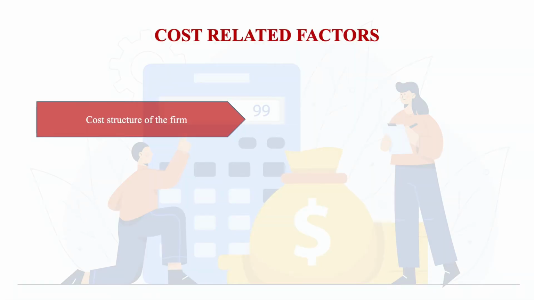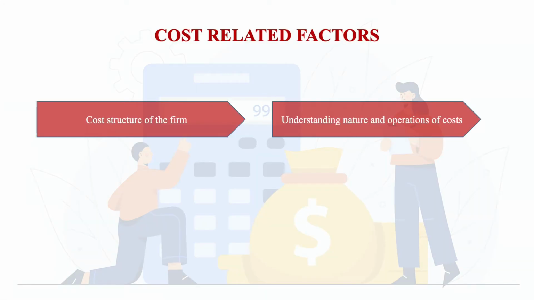Okay. This is one set of factors. The other set of factors is related to your internal variable of cost. What is the cost structure of the firm? Do you have a large fixed cost and a small variable cost component? Do you have a large variable cost component? With the level of production, where you go into mass production, your cost per product actually comes down to a great extent. Then your freedom of pricing becomes very different, because you can leverage this cost per unit going down with your economies of scale.